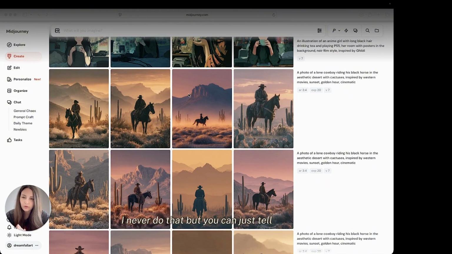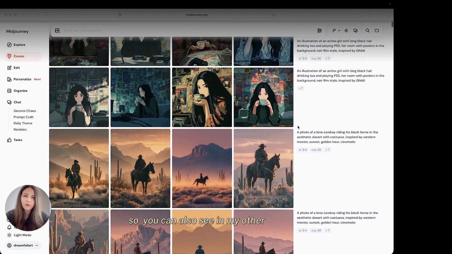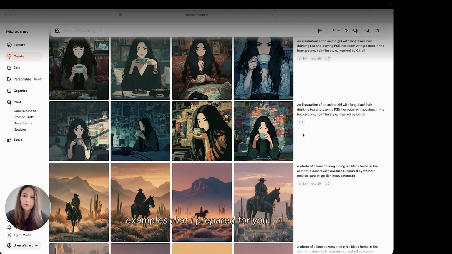That's forbidden. I never do that. But you can just tell Midjourney to get inspired by some style, because it's forbidden to use other artists as an exact copy or just as an exact reference. So you can also see in my other examples that I prepared for you that first, once again, it's a